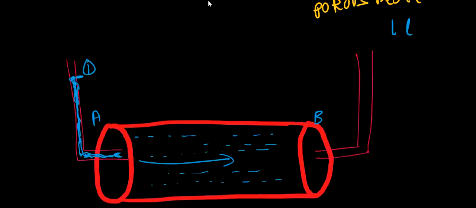Okay, point 1, and in the piezometer B or the standpipe B, the water will rise to a point slightly lower than the point at which it has risen in section A. Suppose in section B, the water level is at 2. So you can clearly see that there is a head difference occurring between the two sections.